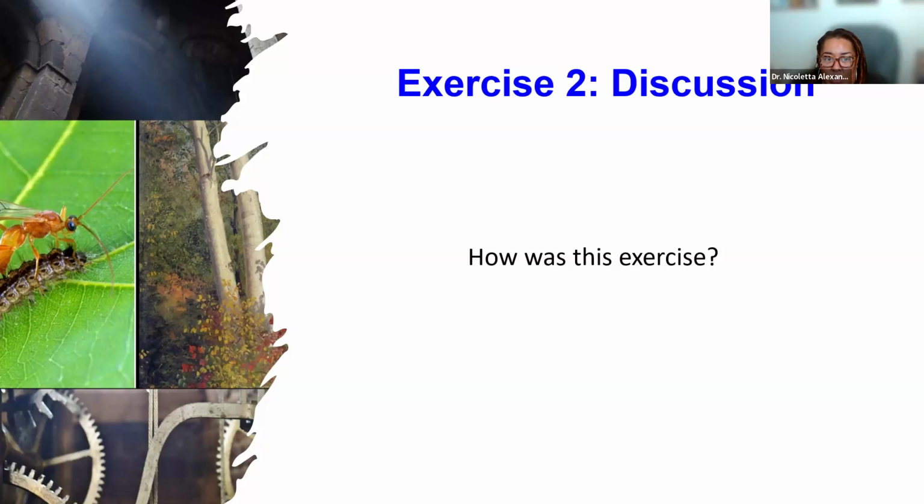Absolutely. I think that's all a part of it. I completely agree with you, Ebony. This is Nicoletta. I was thinking the same thing, how one image can evoke different emotions in different people, depending on your background, your skill level, things that you have experienced in your life. So I agree with that.